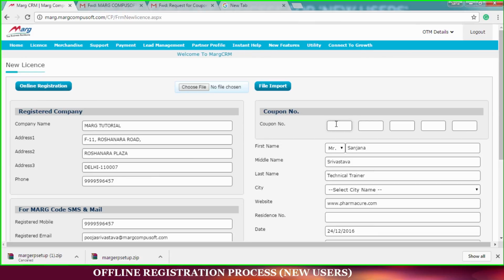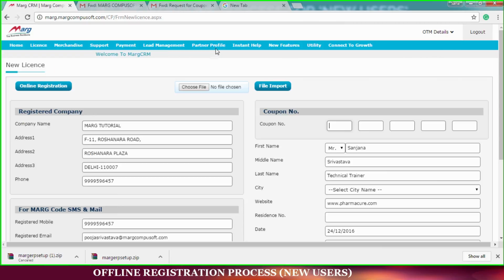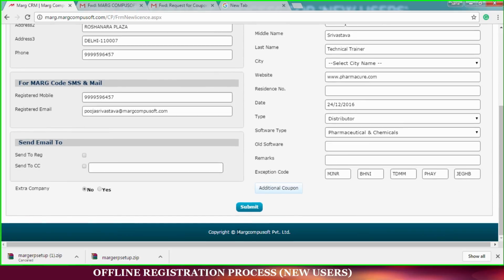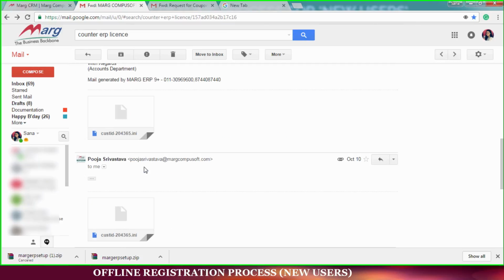Here you will type that coupon number which you have received on your mail ID. So this is the key of coupon number. You have to copy this key and paste it over here. And after filling the personal details of the customer, you will click on submit. And after that, on your mail ID, a license file will be received. You have to download this license file